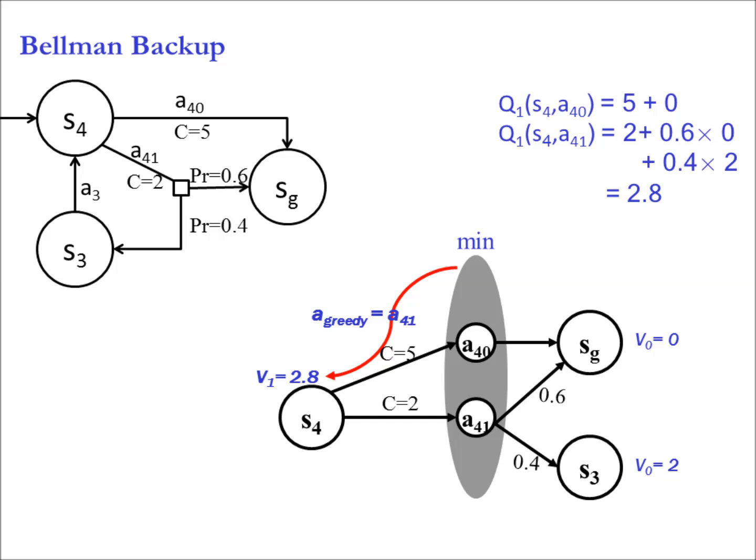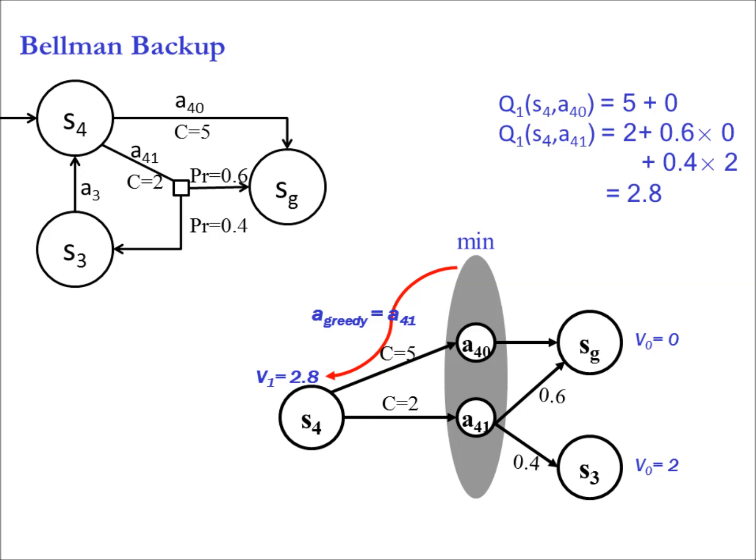And now the algorithm is rather straightforward. Oh, and by the way, as of now, as of this information, what is a better action to do? A41. Because this is the action which is giving me the best value. We will call it the greedy action. Now, it's very important to note that these values are completely random. So this greedy action is probably very random.